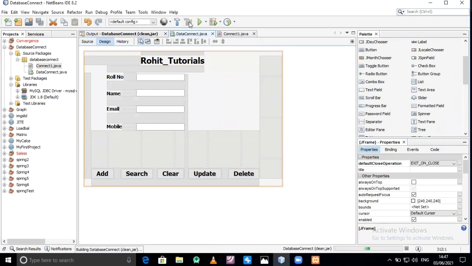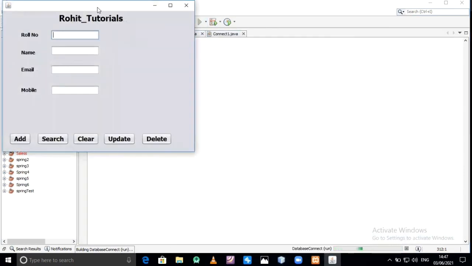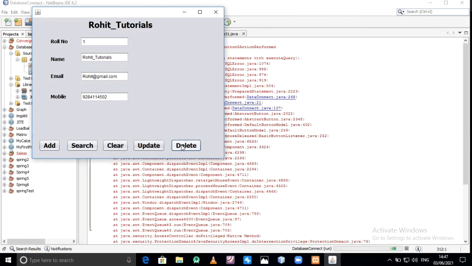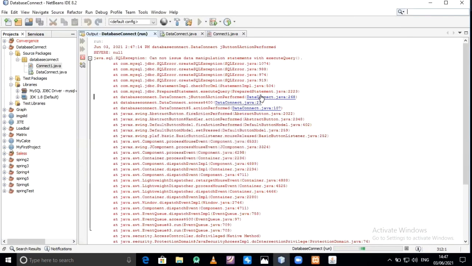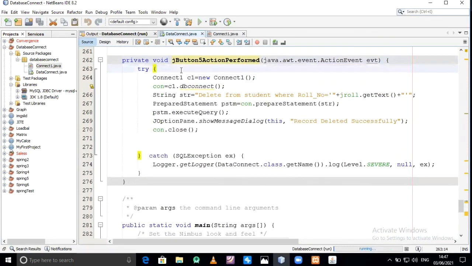Now clean and build the project and run the project. So roll number 1, it is available. Yes, it is available. Delete that roll number. Okay, some error has occurred. Suppose update.